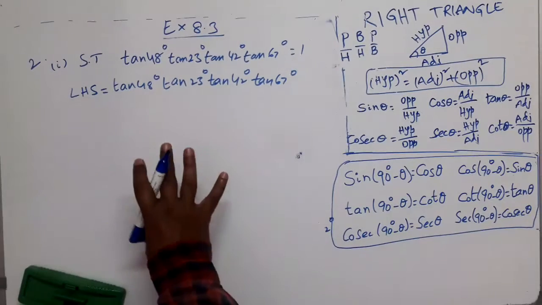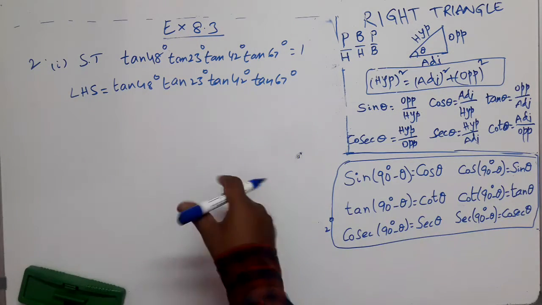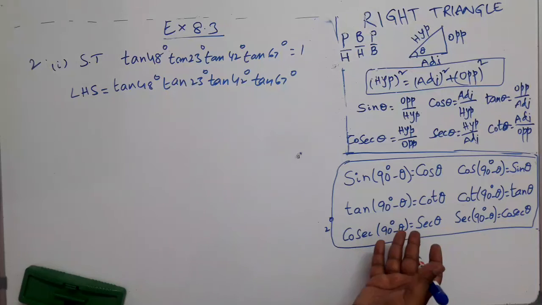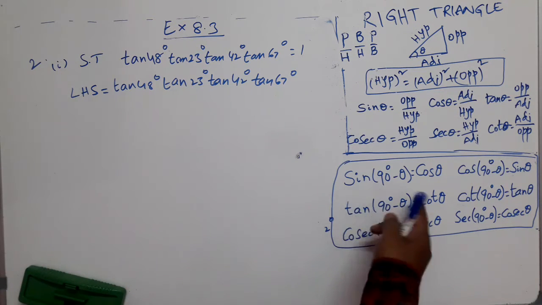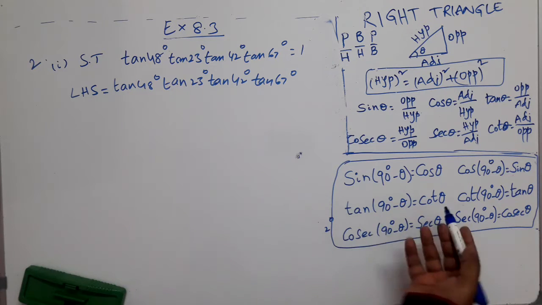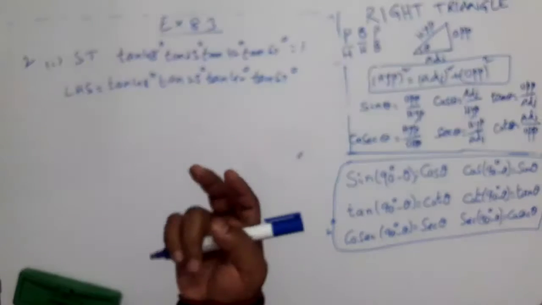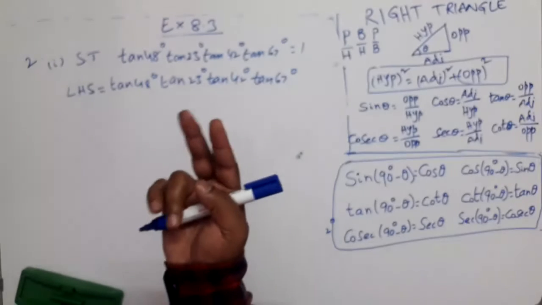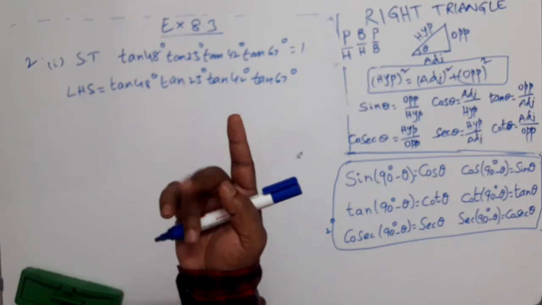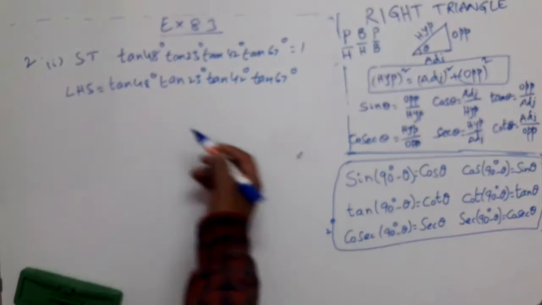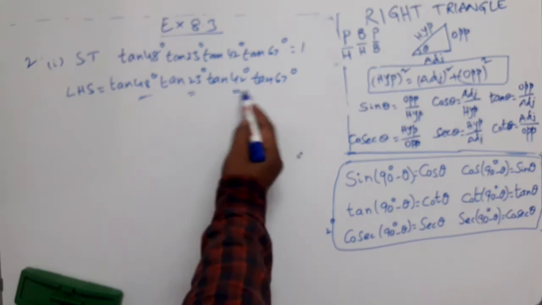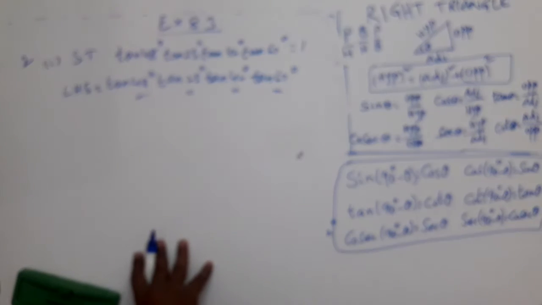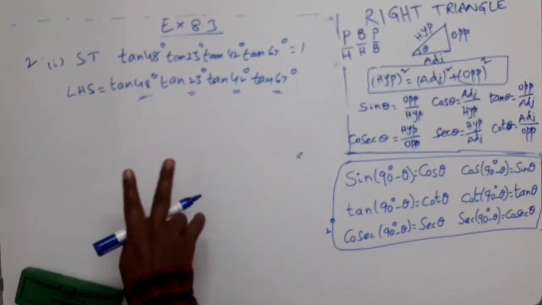So how are you supposed to think? Yes. What else you know in trigonometry? You know these relations, right? Now, if theta and 90 degrees minus theta, of course, they are complementary angles, then you have these relations. So if the sum of two angles is 90 degrees, they are called complementary angles, and we have these relations. So now you are observing these given angles. Do you find any two angles whose sum is 90 degrees? Yes?